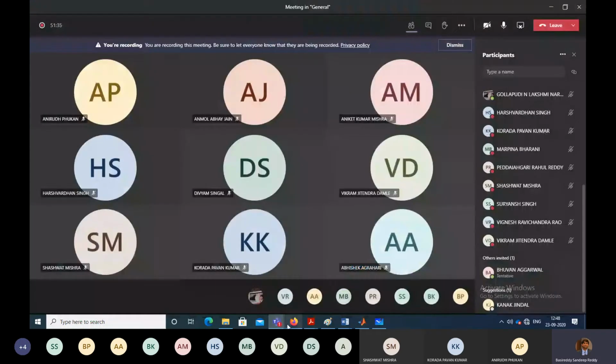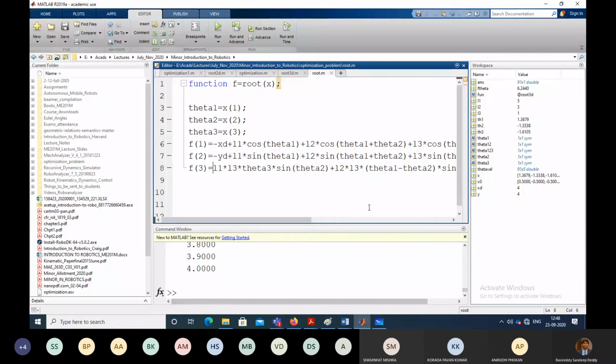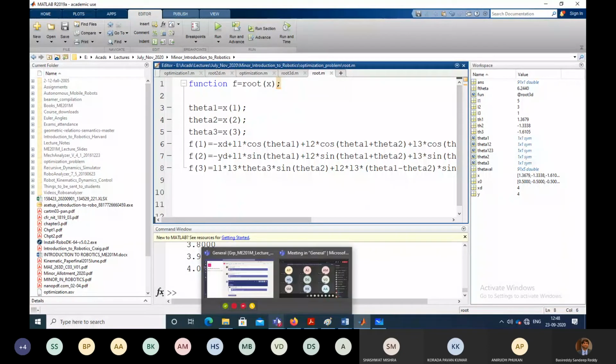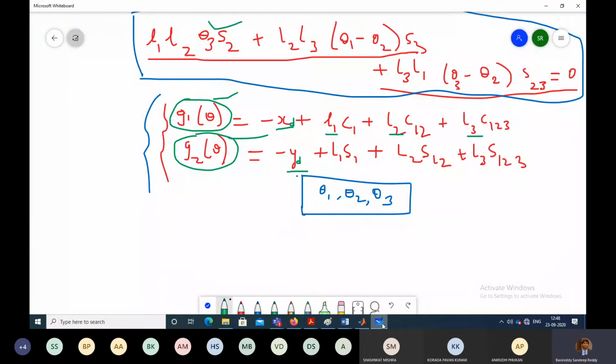Just let me know when you have typed this. Just in case you haven't copied, this is the third equation you can see at the top.